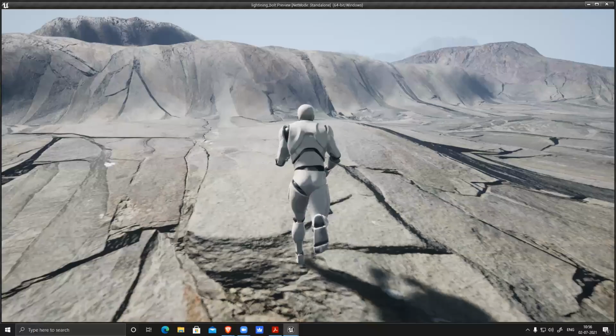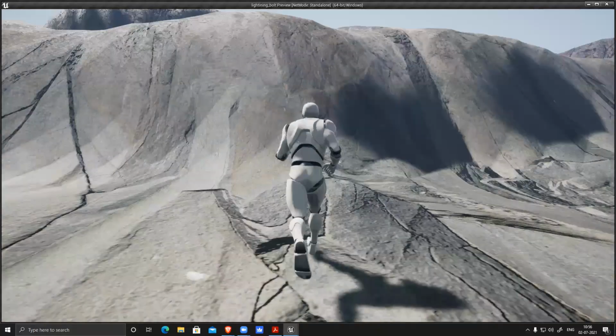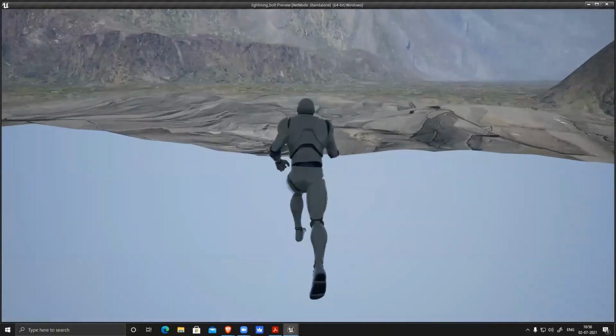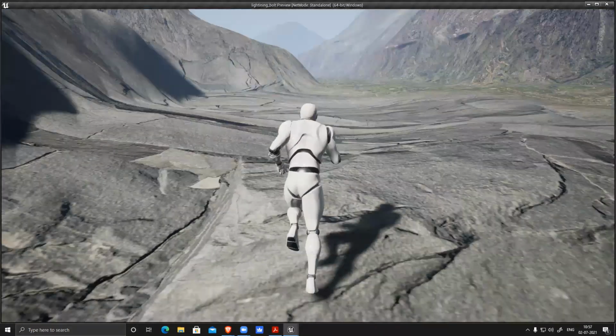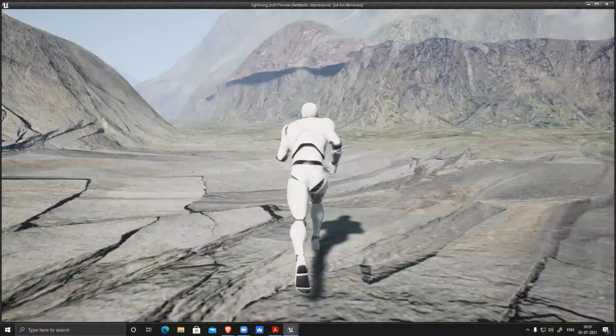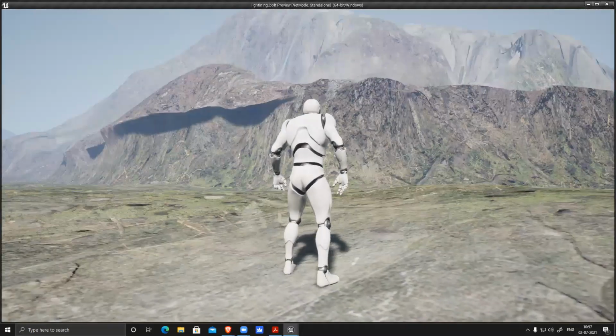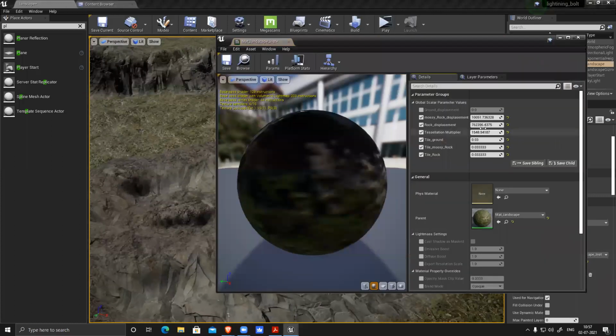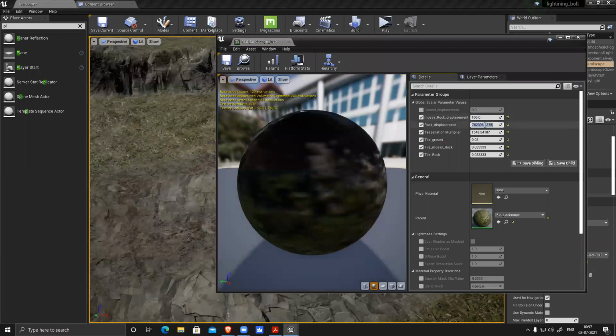It's way too much. So displacement is way too strong, so that is something I have to fix. I have to reduce those values, they are way too strong. Maybe 100, 100.